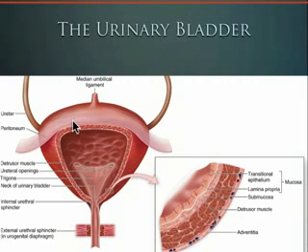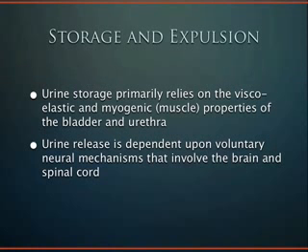It's called the detrusor, and it's made up of the smooth muscle that you can see here. Basically it responds to the impulses of the autonomic nervous system and actually involuntarily contracts. And so the method in which the urine is stored and then eventually expulsed involves a complex extrinsic neural regulation mechanism. The storage component really relies upon the elastic and the muscular properties of both the bladder and the urethra,